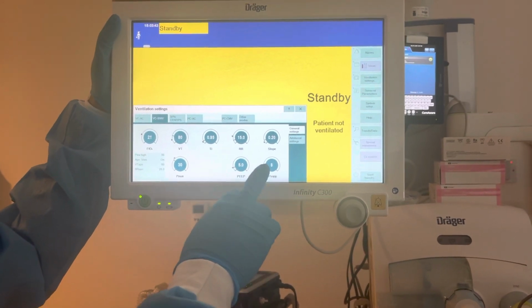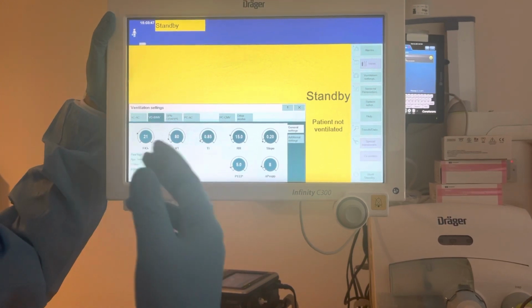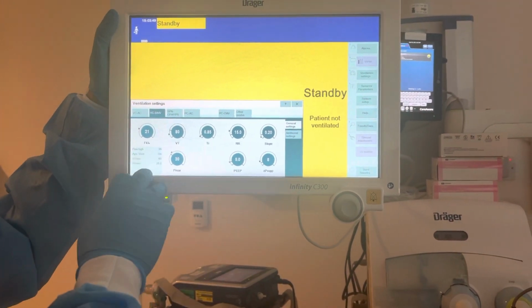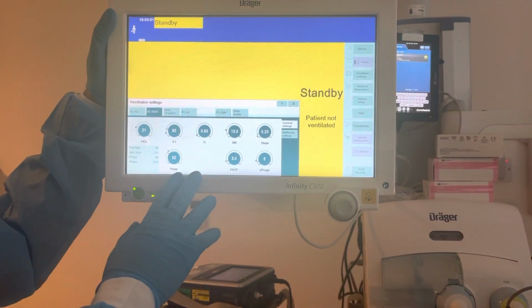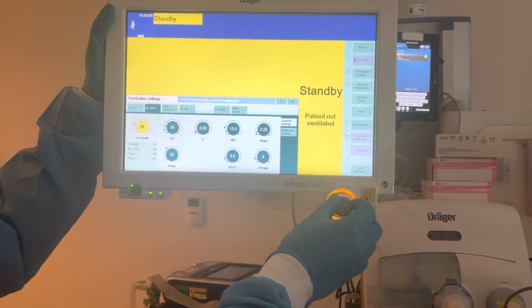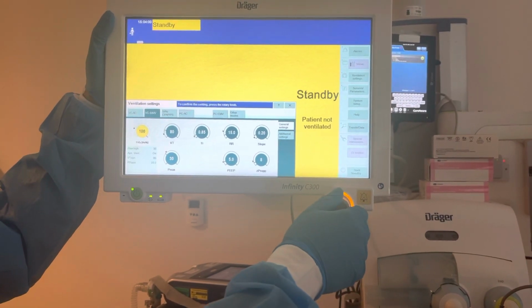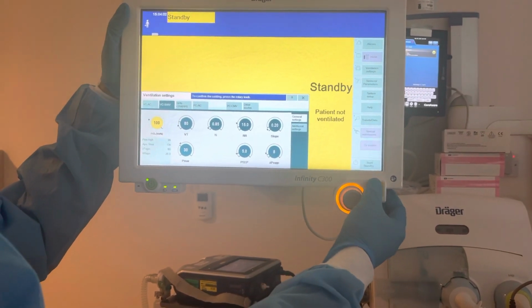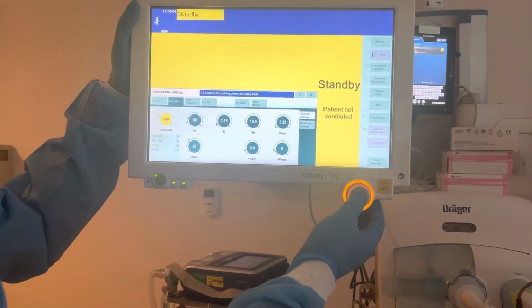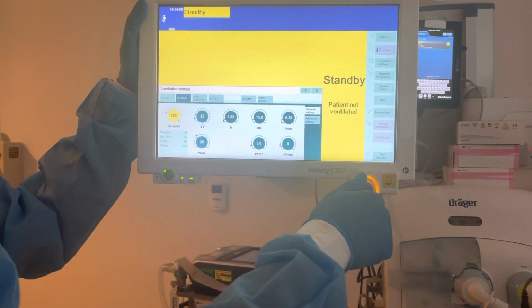So at night we'll keep her on this mode, and in the morning we'll switch off this mode and put her on a Swedish nose. In case Mariam is desaturating at any time, you just press here and increase your oxygenation to 100 percent if you want to. If you think she really needs 100 percent oxygen, you press like that. It will be selected. So you can use this.